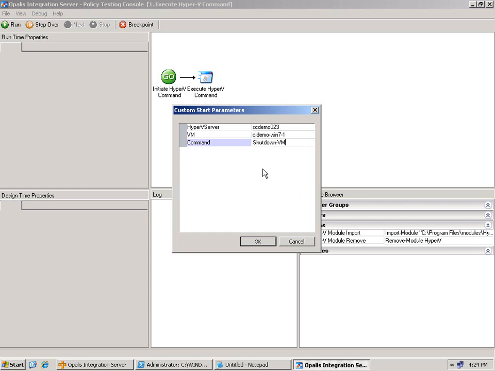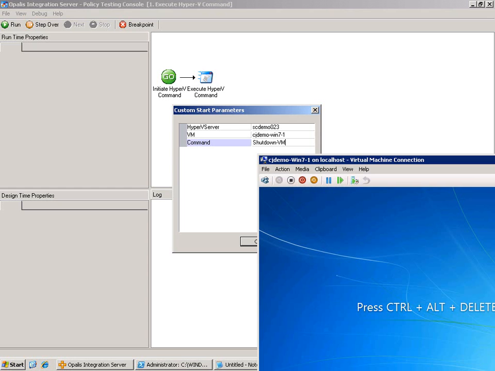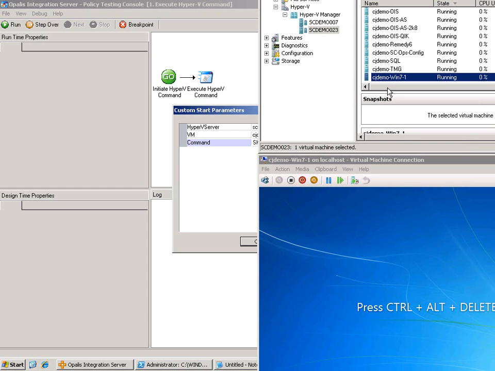Now, before I actually run this, we're going to take a look at the machines that we'll watch while it's happening live. So, as promised, here's the Hyper-V server. Here is the actual VM, and the VM here is at the Control-Delete screen, but you'll see when we pass the shutdown command to it, it'll shut down. So we're going to pop back over here quick,